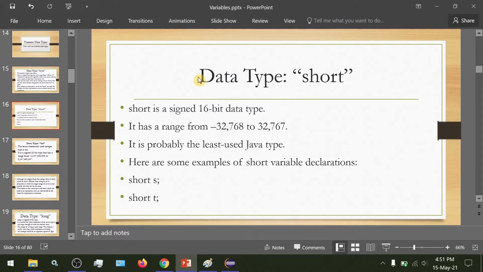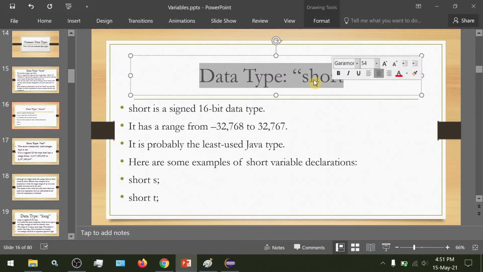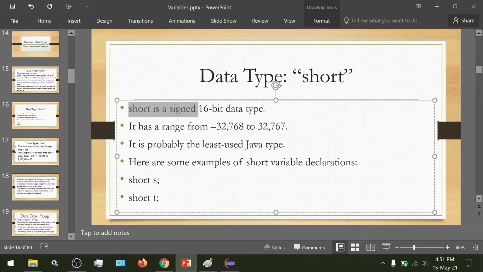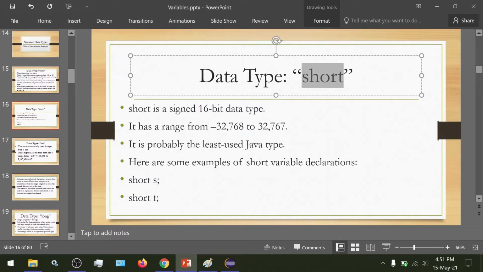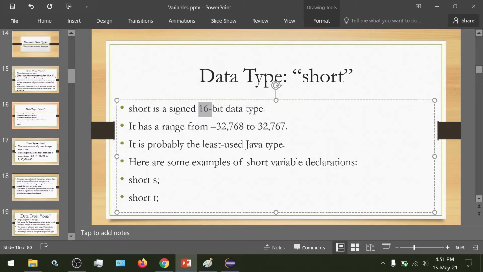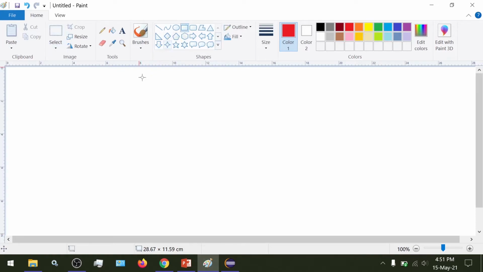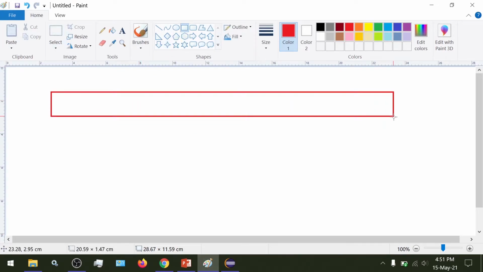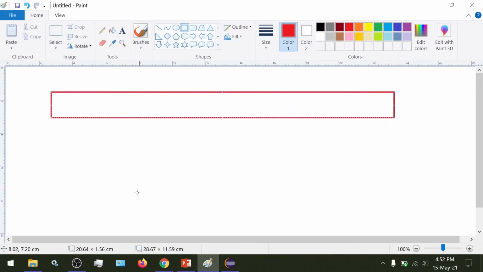Now we have the data type short. The name of the data type is short. Short is a 16-bit signed data type. Signed means any number represented using the data type short must have a sign, and it is a 16-bit data type, so the amount of bits that can fit into this is 16.